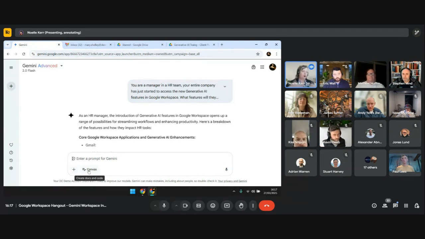Much of what we say, if you are going to be training users or if you're going to be talking to clients about training users, is that the prompt is the key. Getting the prompt right is going to get you the best return from the AI itself. We have a less classy way of saying it, but the classy way of saying it is rubbish in, rubbish out. So you must be structuring your prompts well, and we'd recommend that you're putting training in place for how to build those prompts. There's lots of resources available through Google's own websites and in some of the learning and help articles that are out there.